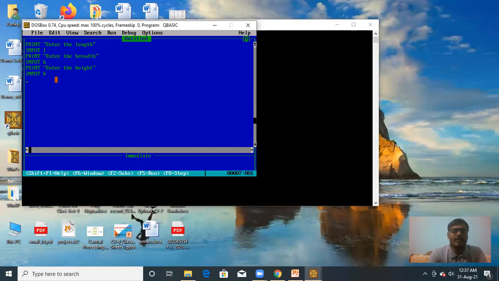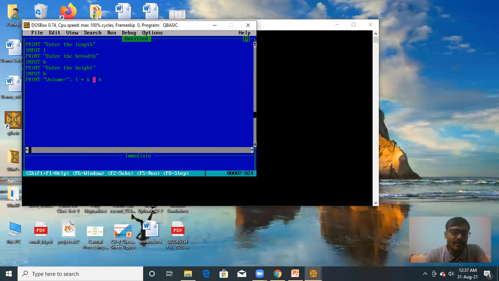Now after entering length, breadth and height, you have to find its volume. You have to use the print command. Print volume equals to, now L into B into H, L multiplied by B multiplied by H. Now you can see I have used the asterisk sign here, or you can say a star sign.